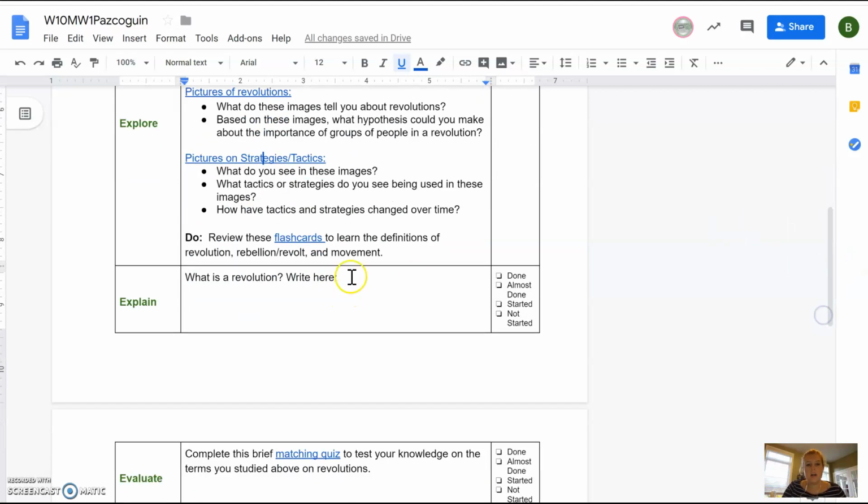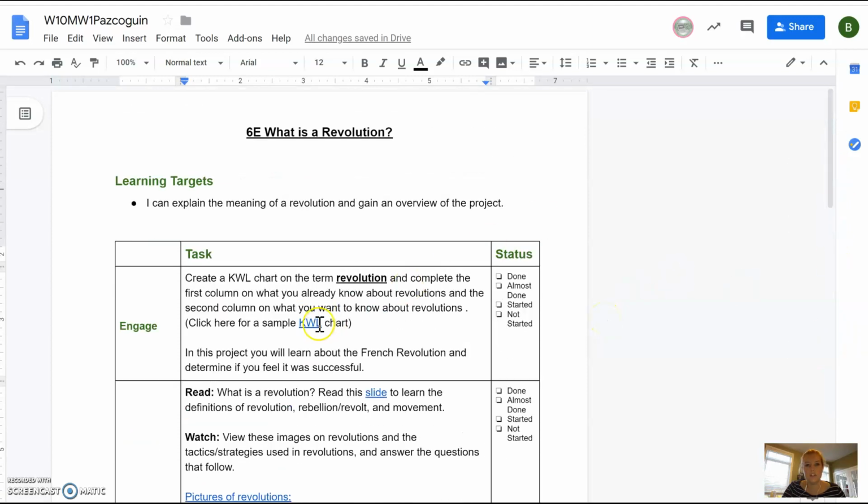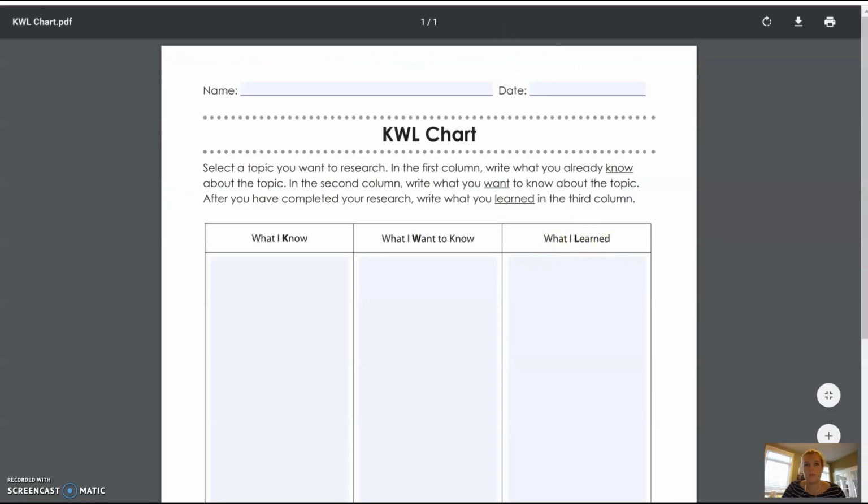And then I just want you to write a sentence or two on what you learned. What is a revolution? So write that in your own words. Then for the evaluate, you will just take a very short matching quiz to test what you learned on those terms. Then for the elaborate, you're going to complete the last column of your KWL chart that you started about